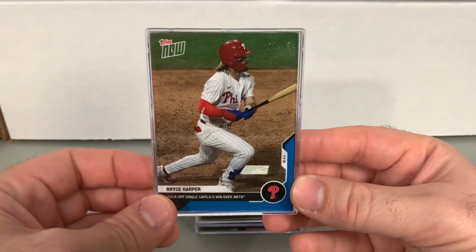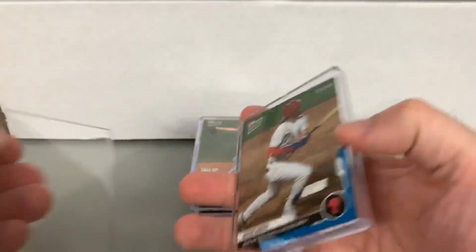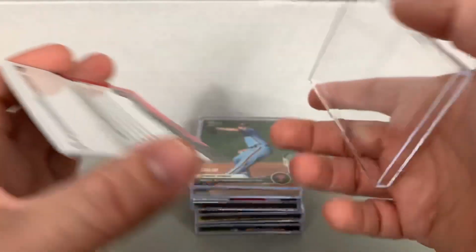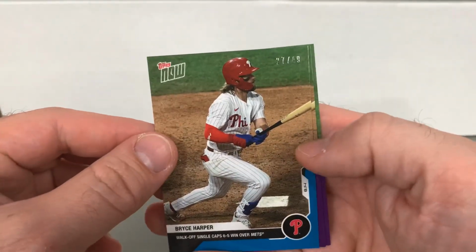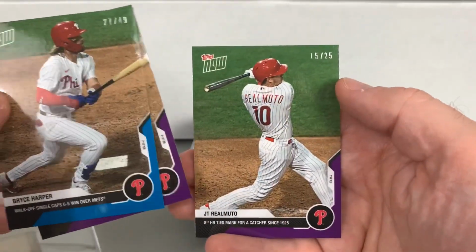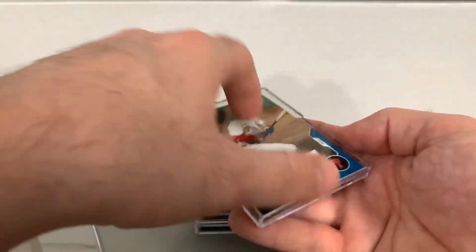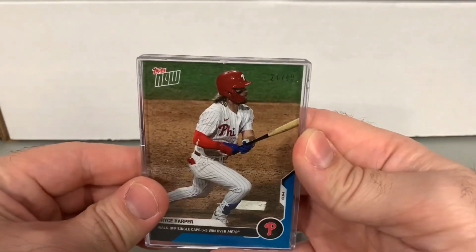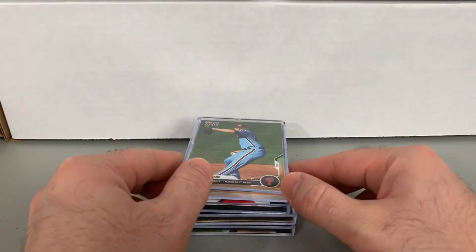And something new they did this year are actually numbered parallels. They come at random, and there's different colors, and I was actually lucky enough to get a couple in this order, which is surprising. I have gotten a few, but not a crazy amount. So a blue Harper numbered to 49, and a purple Harper to 25, and a purple Realmuto to 25. I think they do a 1-of-1 and different stuff. It replaces a standard card in your order, but I had ordered 5 of each of the Harper and Realmuto because I ordered a few for some fellow Phillies fans,